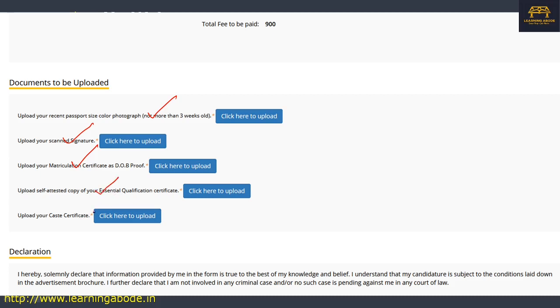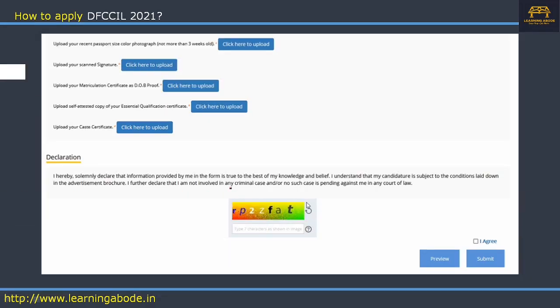Okay, and then if you come under any reserved category, that is, let's say EWS or scheduled caste or scheduled tribe or OBC, NCL, anything related to caste. Okay, if you are claiming for some reservation, then you have to upload that caste certificate. Okay, and then finally a declaration. So in declaration, you can just click on this agree before you submit. Of course, you have to enter this text. You can also preview now whatever you have entered. Okay, you have to preview, right?